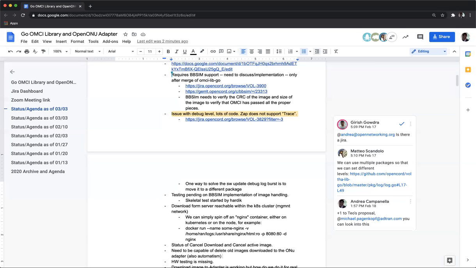In terms of known issues, we don't have the capability of deleting an image on the ONU adapter. We don't have some cancel mechanism, it's not there. On that note, we could release it as a beta, and tell everybody that we have it, but that it is in its initial stage. If everything goes right, you're okay. If it fails, you might get stuck in not so nice scenarios.